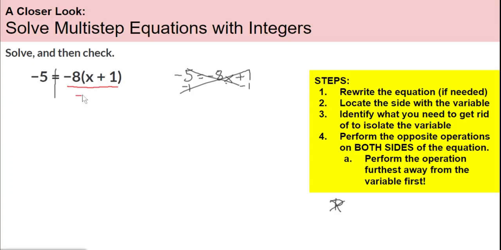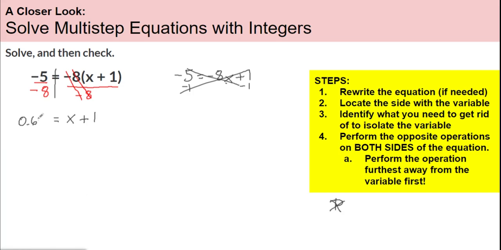So let's get rid of the -8 by dividing by -8. The 8's cancel, the negatives go away. That means I'm left with -5 divided by -8. All right, so let's write down what we got. We get x plus 1. We can get rid of the parentheses now. And negative divided by negative is positive. So 5 divided by 8 equals